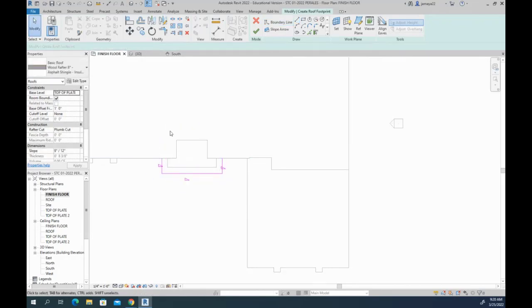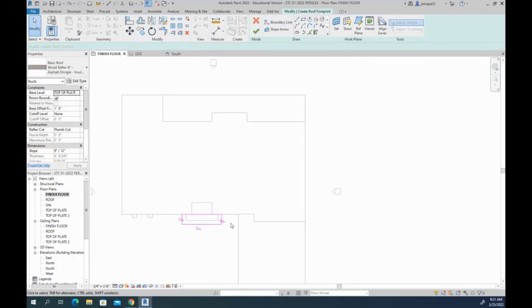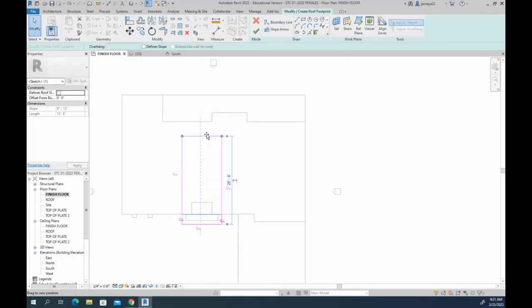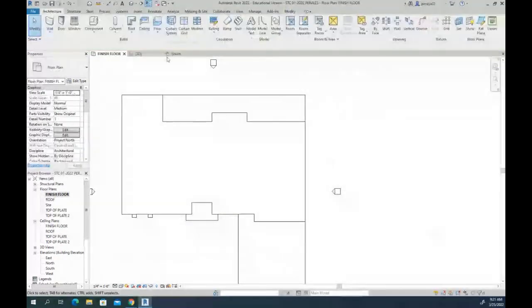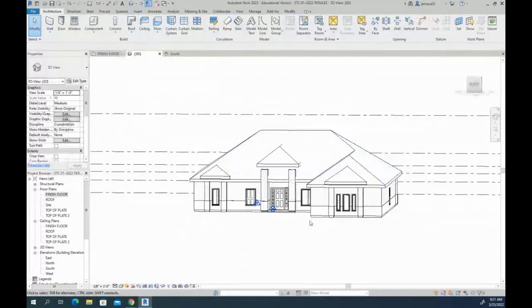I'm going to hit escape, and then I'm going to draw my back line without a slope. Then, same thing that I did with the roof on the columns, just pull the back line to the back. Hit the check mark, and there you go. See,